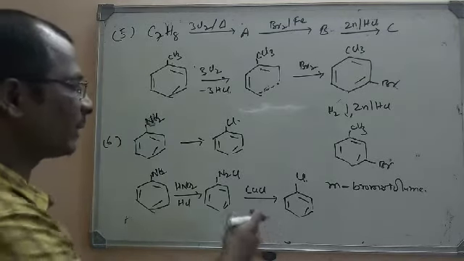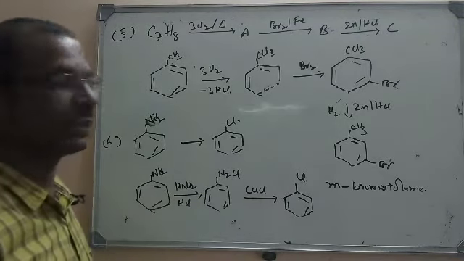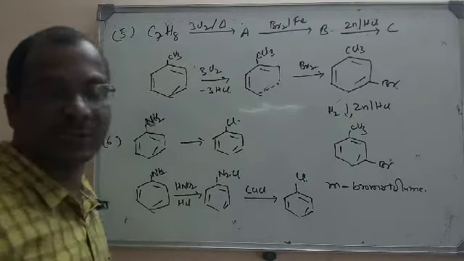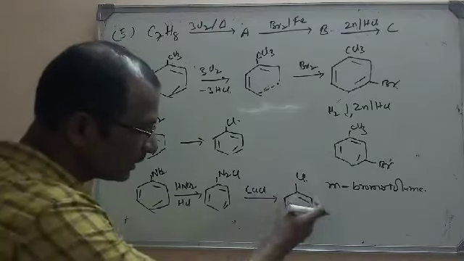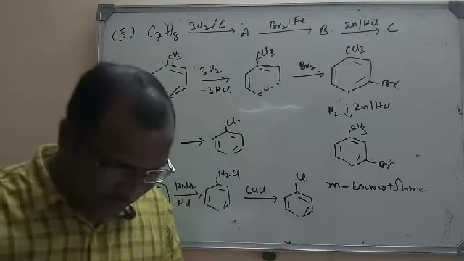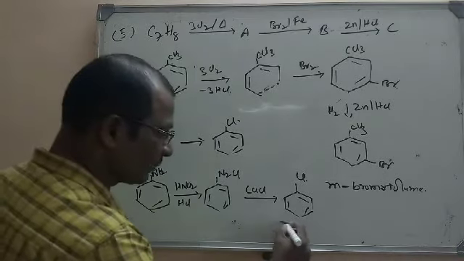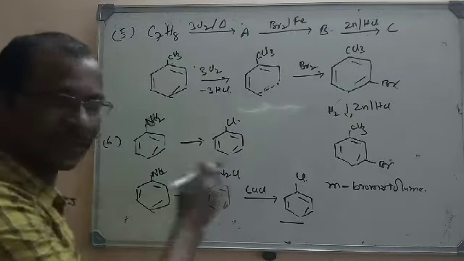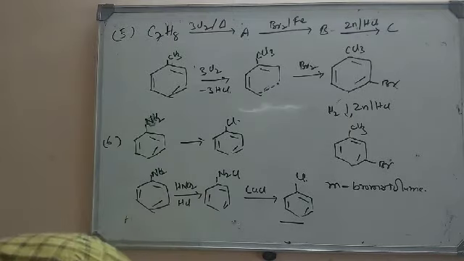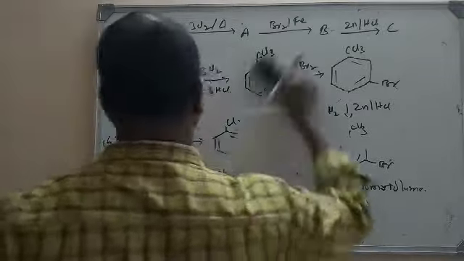So it's one of the methods to prepare aryl halides, because aryl halides can be prepared from diazonium salts. Direct preparation is difficult, so it is easily prepared this way. So option D is the correct one: first treating with nitrous acid and HCl, followed by treatment with cuprous chloride. Now let us move to the next objective question.